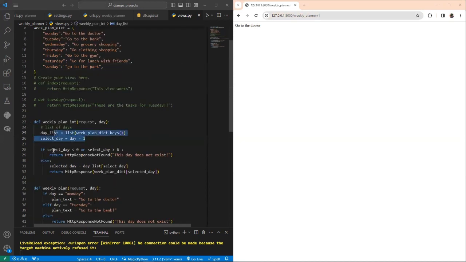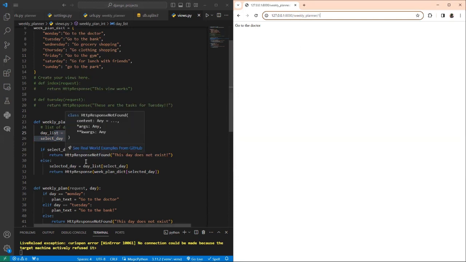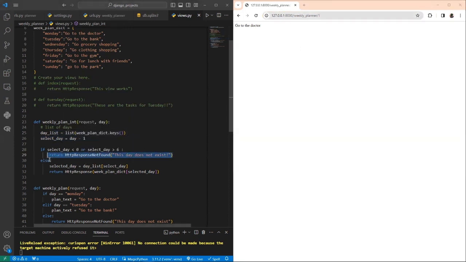Okay, so that's that. Now I'm saying, if someone enters any number that is not in our range of 0 to 6, below 0 and above 6, tell them this day doesn't exist. There are only 7 days in a week, right? And then if someone enters a correct value, a correct number within this range,